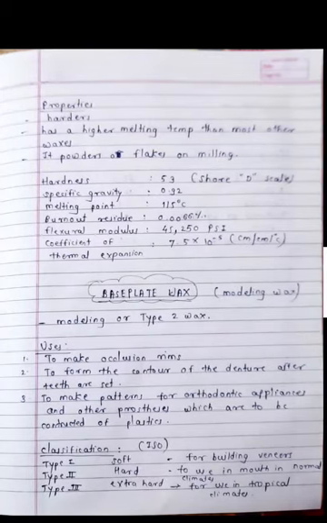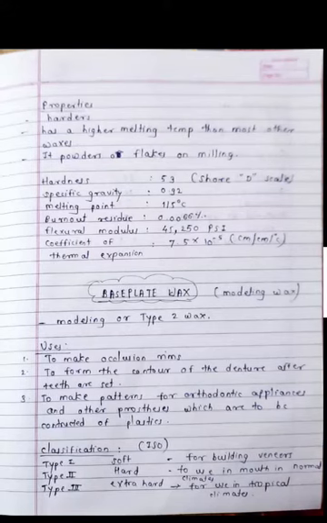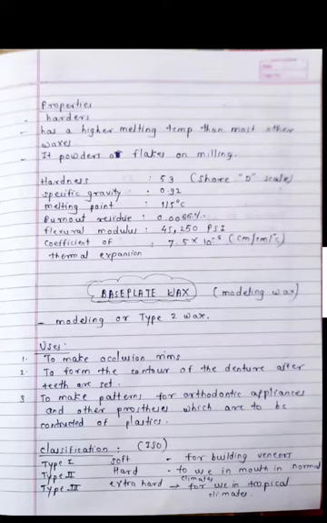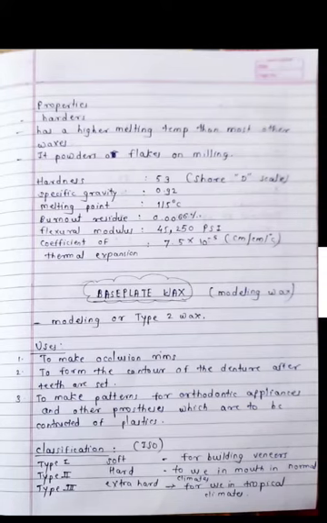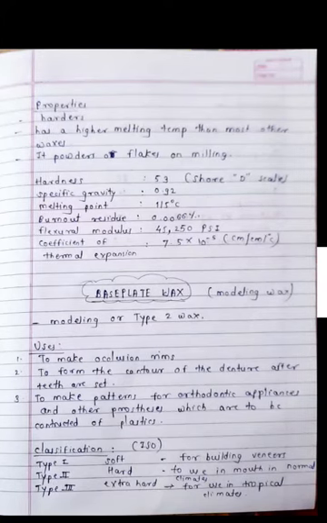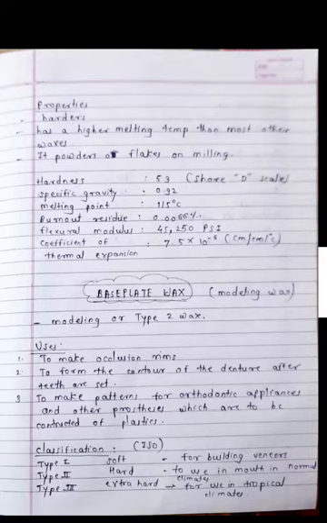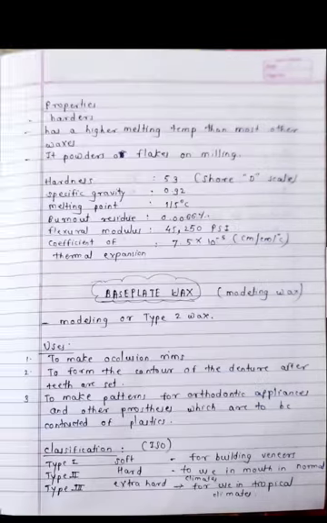Classification. ISO classified this wax into type 1, type 2, type 3. Type 1 is a soft wax, type 2 is a hard wax and type 3 is an extra hard wax. So it goes from soft to extra hard. This classification is the same as the general classification of dental waxes that we learnt, so you can remember it by comparing them. Type 1 is used for building veneers, type 2 is used in the mouth in normal climates and type 3 is used in tropical climates. So this is the classification of base plate wax.